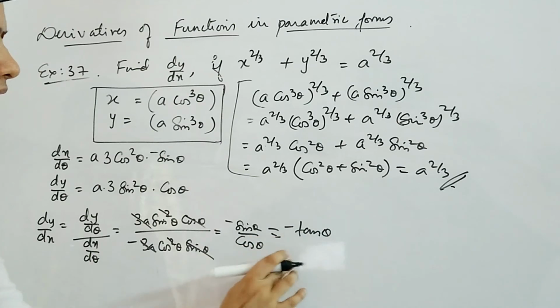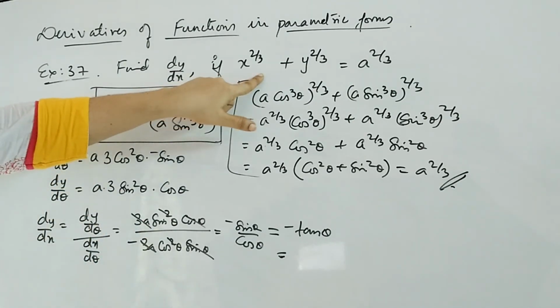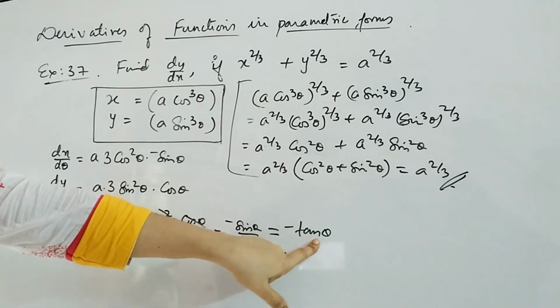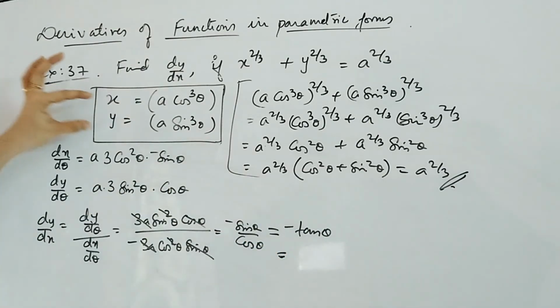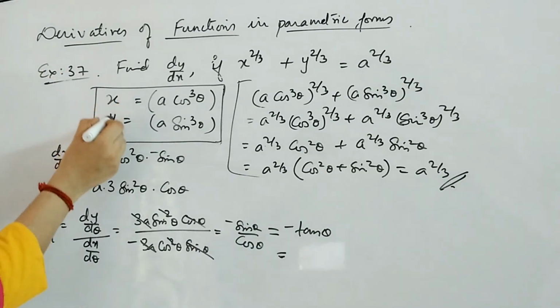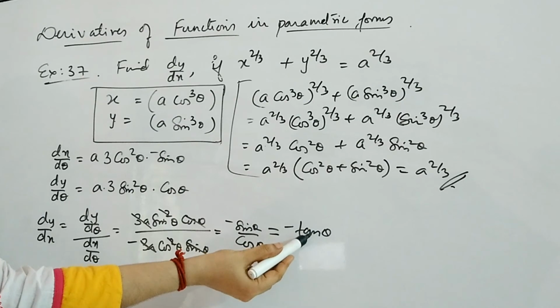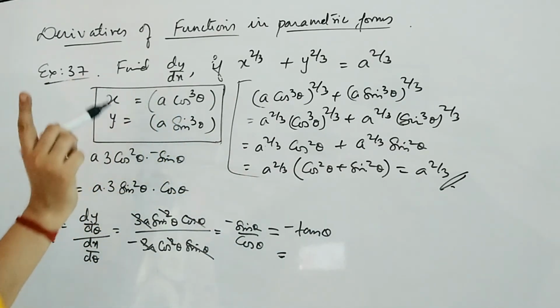Now in the other questions you had the answer in terms of theta or in terms of t, that's why your dy by dx was also containing those parameters. But here in the question you have only x, y and the constant. That means you cannot stop here because theta was taken by you. So you have to replace this theta value, and we will just see how. You have x and y here. You have sin cube here and cos cube here, and you have to find the value of tan. Sin cube by cos cube will give you tan cube, right?